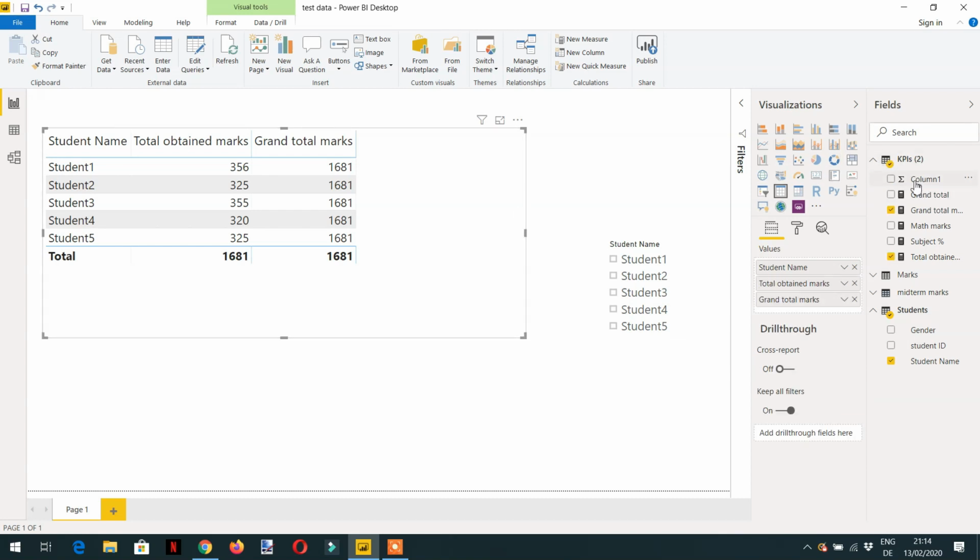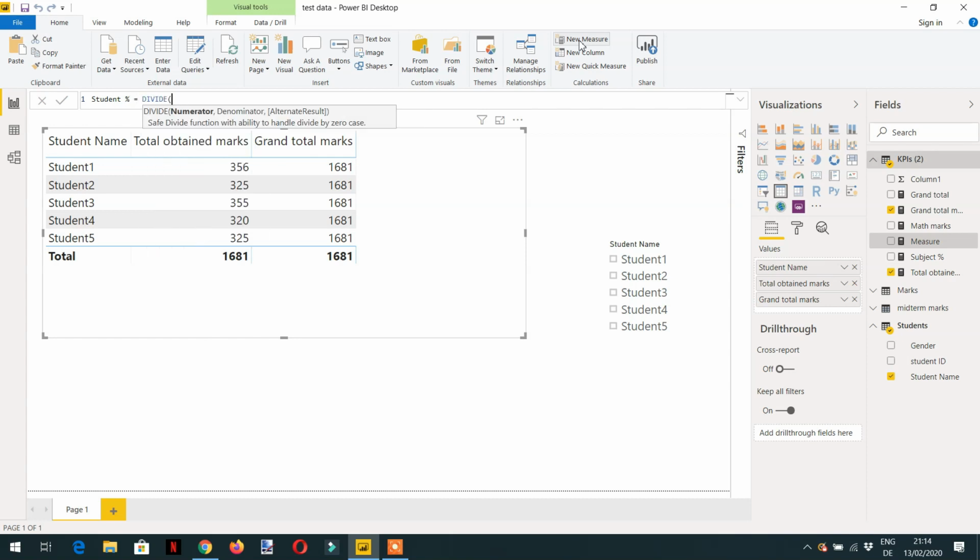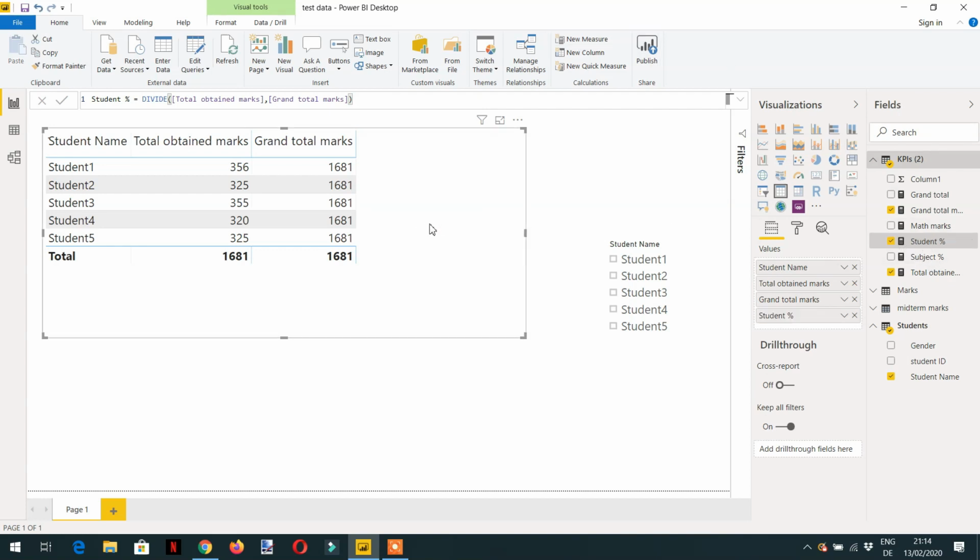And now try to create one more measure for the percentage. Name is student percentage is equal to DIVIDE function. The numerator will be total obtained marks divided by grand total marks. Enter. Now drag and drop here student percentage, and we need to change